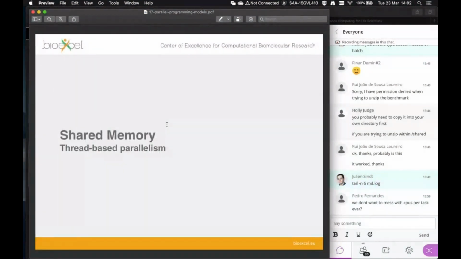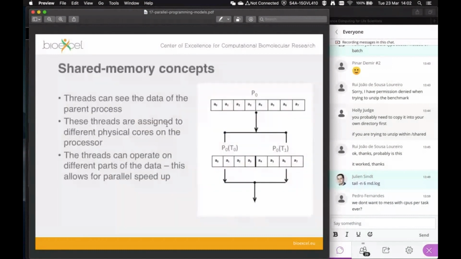So on to shared memory, which is associated with using threads. You have an idea of having, say, a parent process and some data which is associated with it or stored on it. Then in shared memory parallelism, what you can usually do is spawn a parallel region where you have multiple threads. So here you have 2 threads. And then what happens is this data is shared between them. So they can all see the whole